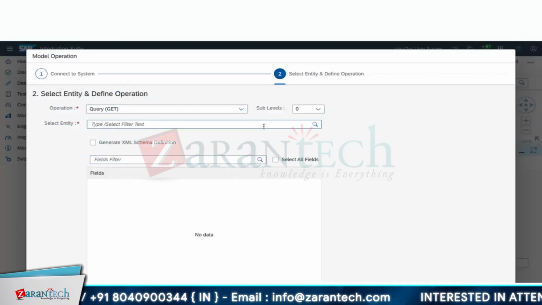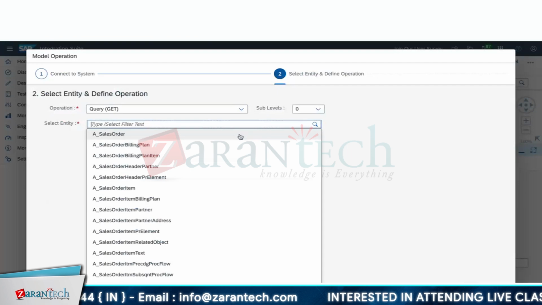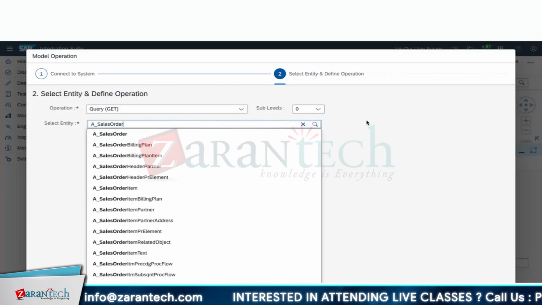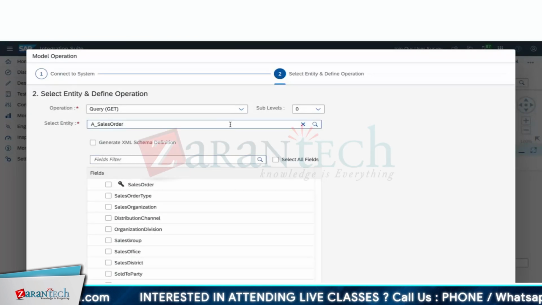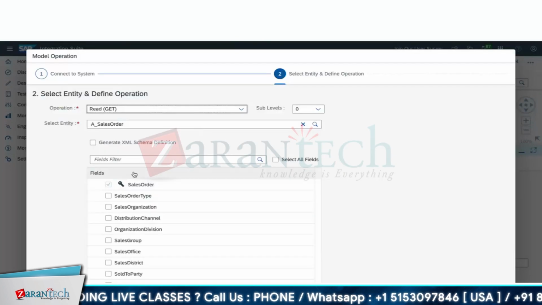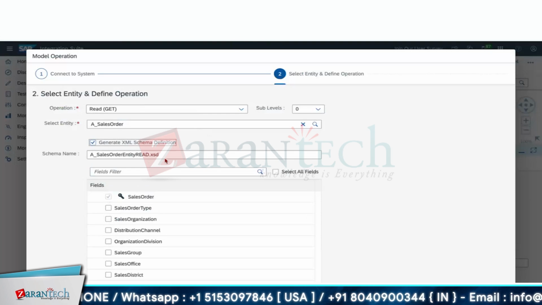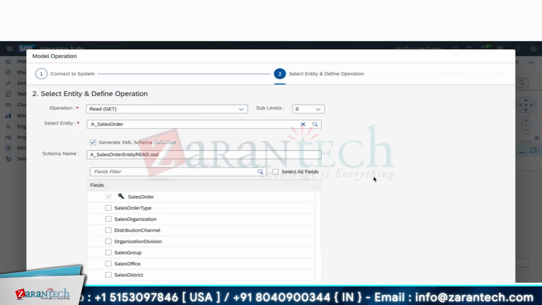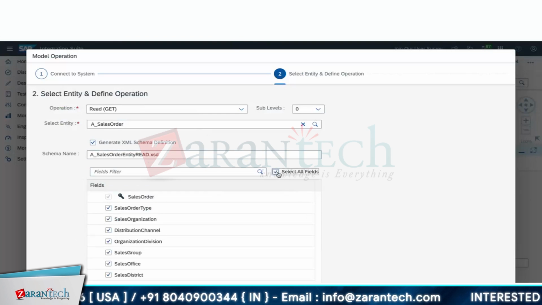Now you can choose which resource you want to consume. I can use the query operation, just a simple get or read. In this one, I can even generate my XSD for read. I can select all fields.